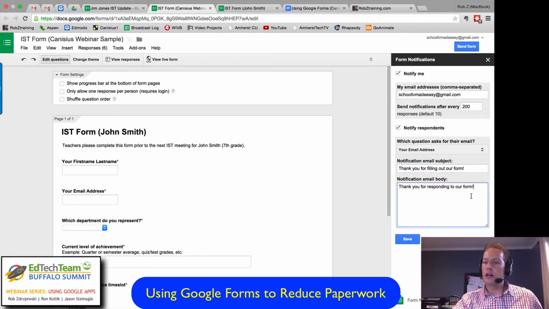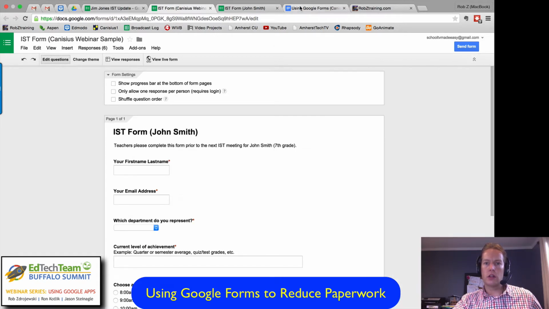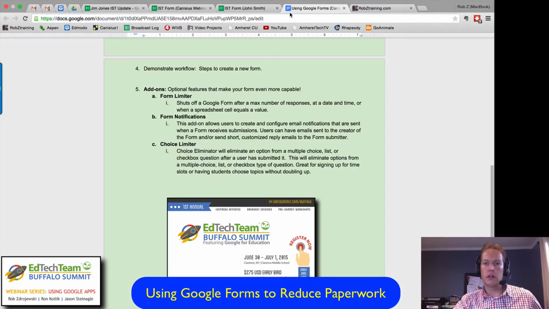He put in here, it says, thanks for filling out the form. Now, please go to my webpage to submit your payment to make your registration complete. So something like that might be advantageous to send out emails automatically after a person fills out a form. So I'll close out of that, and I'll show you the last one that I have here as our optional